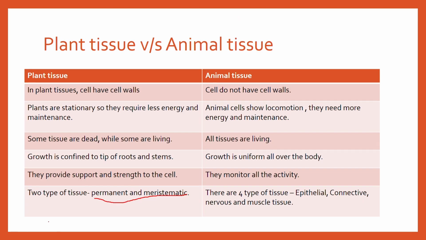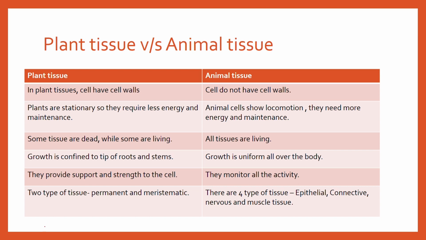before moving further we will discuss the difference between plant tissue and animal tissue. There are different types of tissue present in plants and animals. Like in plant tissue, cells have cell walls, while as we know, animal cells don't contain cell walls. Plants are stationary, meaning they are fixed at one position, so they require less energy and maintenance, while animal cells show locomotion, meaning animals move from one place to another, so that's why they need more energy